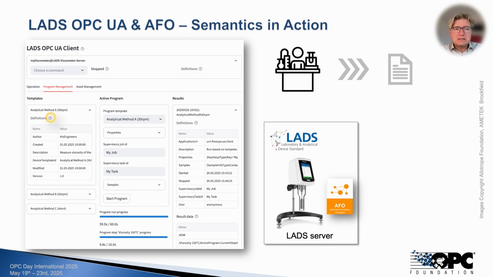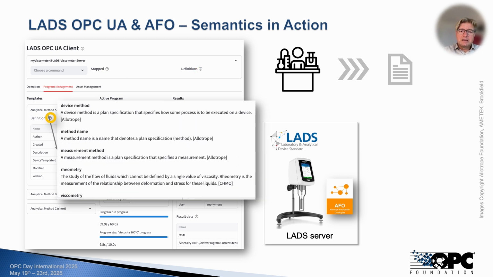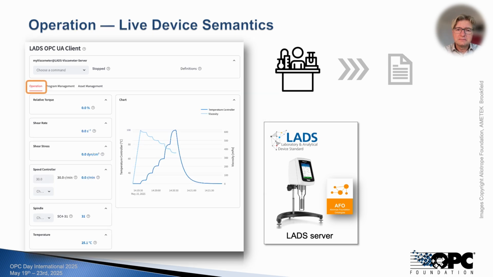You may have noticed the question mark icons throughout the UI. Clicking them opens up the semantic definitions of each object based on Allotrope Foundation ontologies. In this example, we've opened the full AFO definition of the program template, and we see exactly what this object represents. A viscosity measurement using a defined analytical method. No ambiguity, no guesswork. Now, let's switch to the Operation tab, the part of the UI used for live interaction